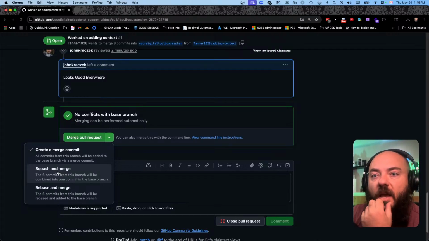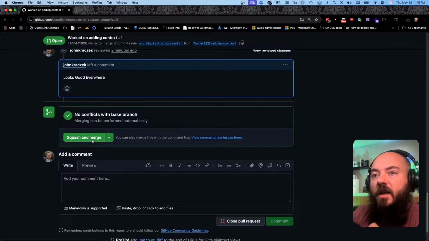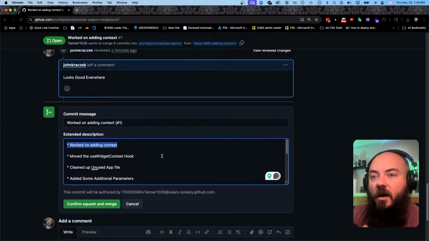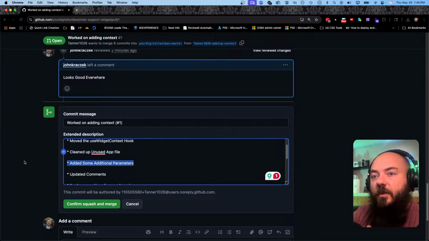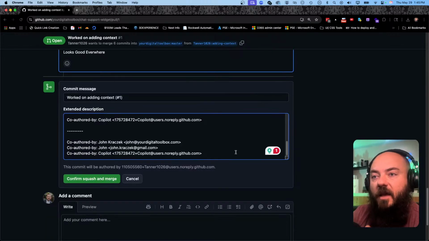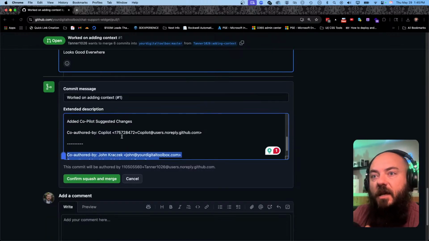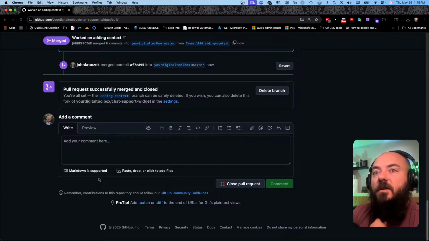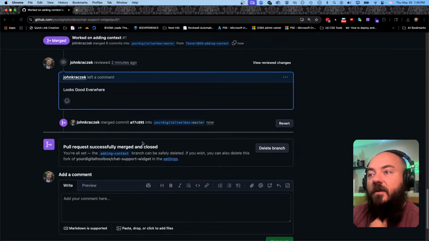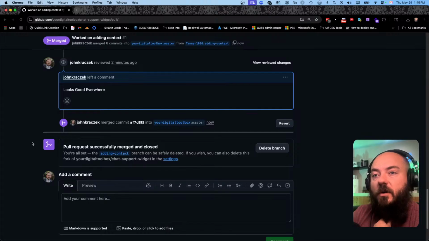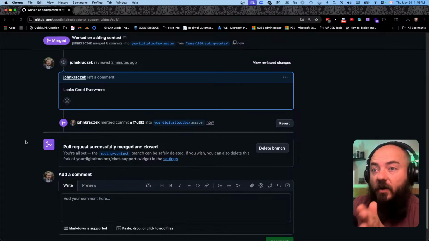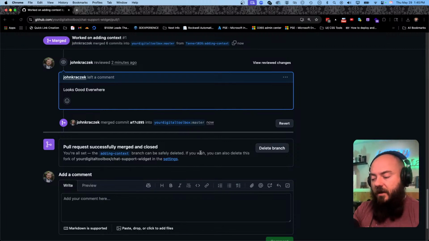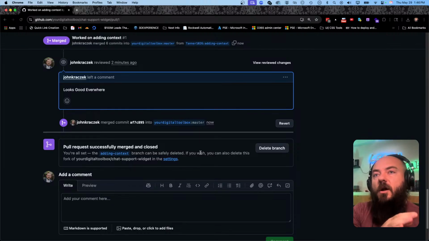Okay. Yeah. So I'm going to click on the squash and merge, and then we're going to go ahead and do that. It's going to give us the description for all the different commits that we created while we went through it, and then it's going to say, hey, here's the co-authors, and stuff like that. So confirm the squash merge or merge request, and then that gets pushed into our commit. Now, what that does is, because we now have all of those squashed and pushed into our branch,